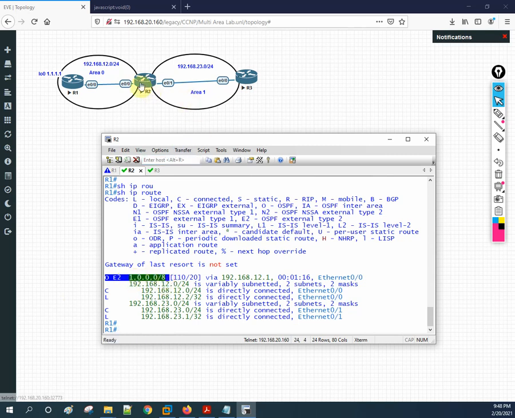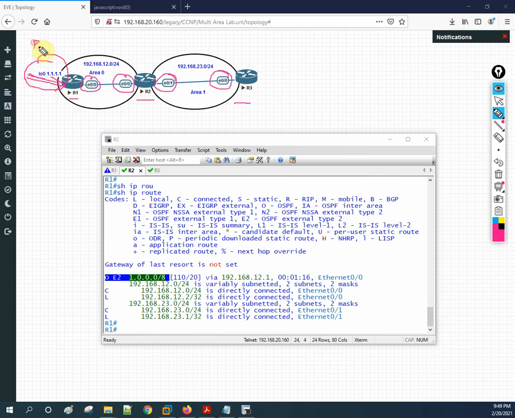In R2 you are getting the route. Let me explain again. This is router R1, R2, R3. This interface is in area 0, this interface is in area 0, this one is in area 1, this is also area 1. This one I did not put anywhere because I am going to treat it as an external route.